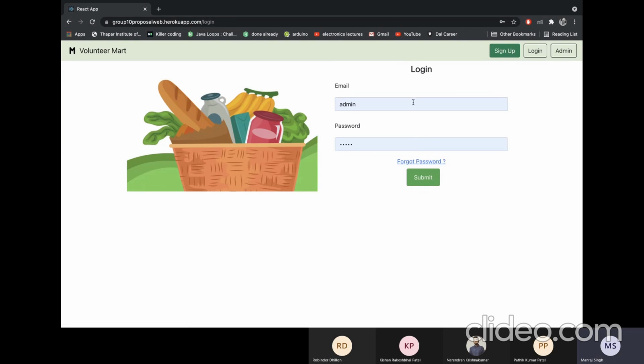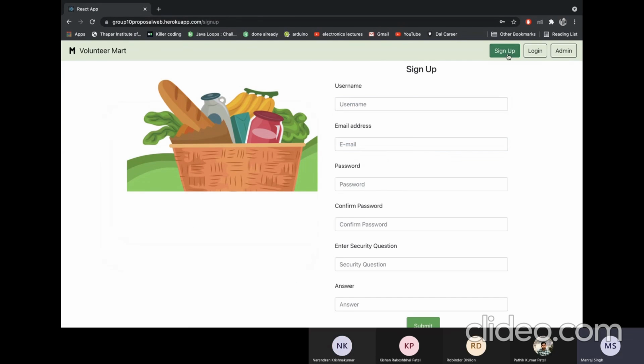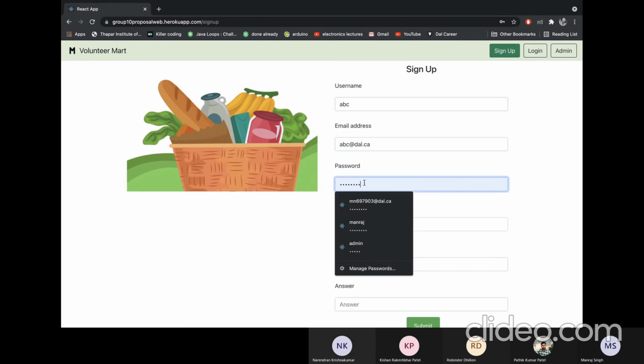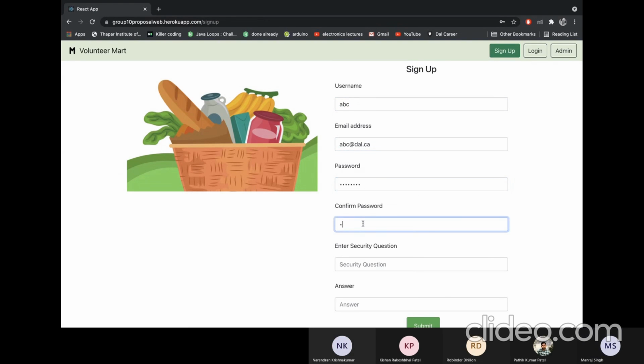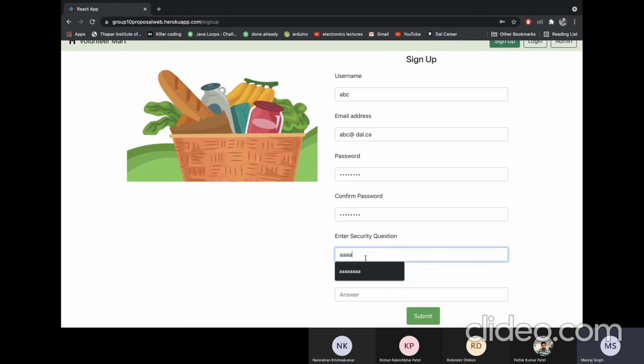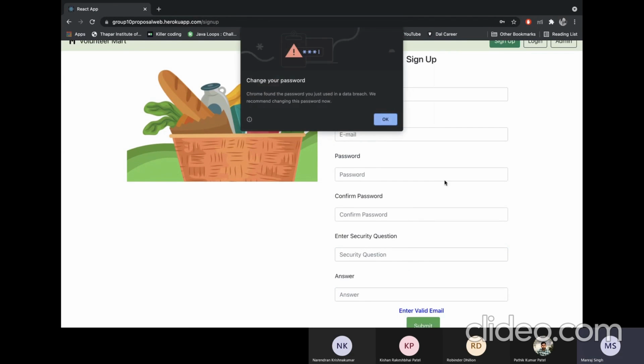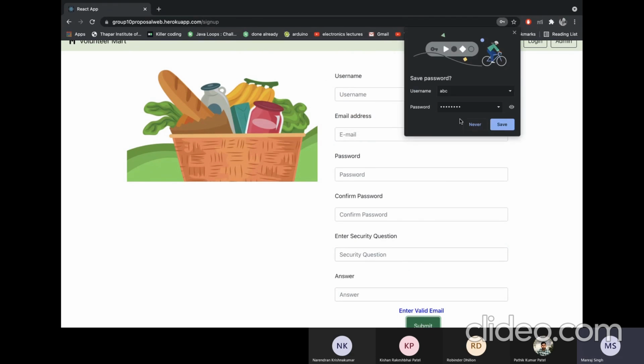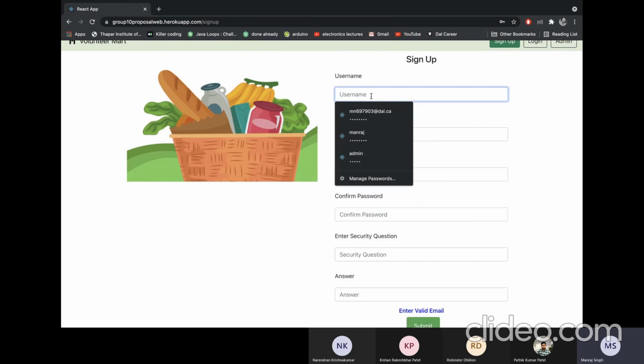On the login page, if I don't have any user, let's say I add something. Create a username and email. If you enter a wrong email ID, it will give you an error, like this email ID is not accepted. The same kind of regex is implemented for the password also. It doesn't accept an invalid password and prevents us from signing up. So again, I'll enter.